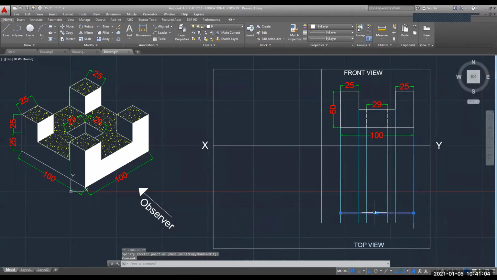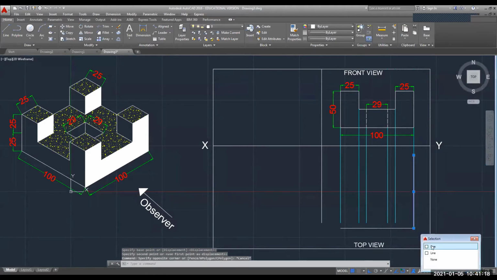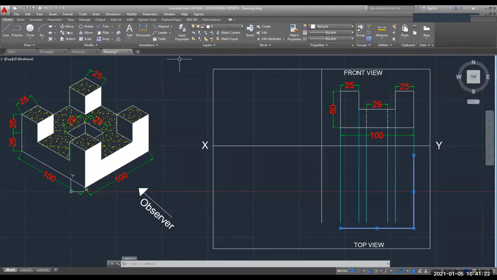I will bring this line also down. Move this from this base point a little bit downward. Okay, this is now fine.